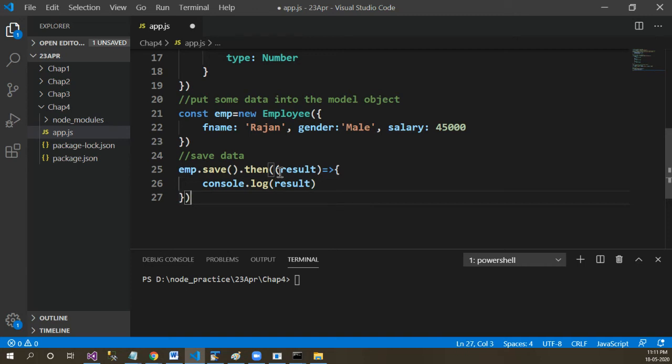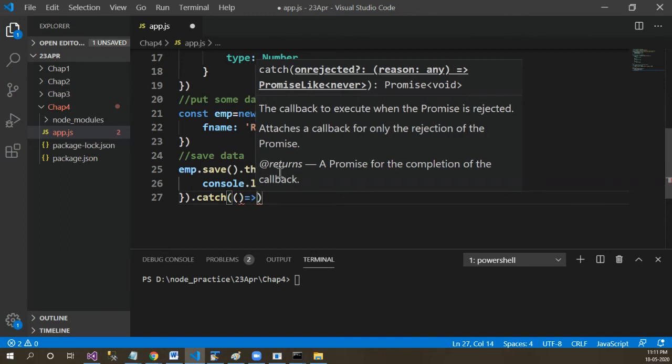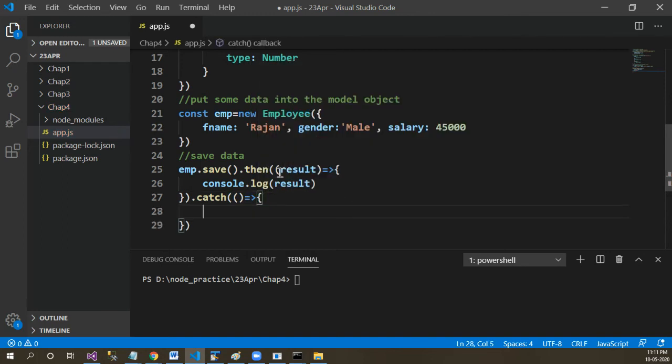And there is one more promise that you can add to it, that is the catch promise. So catch will get called when something, that is an error, occurred within Mongo.